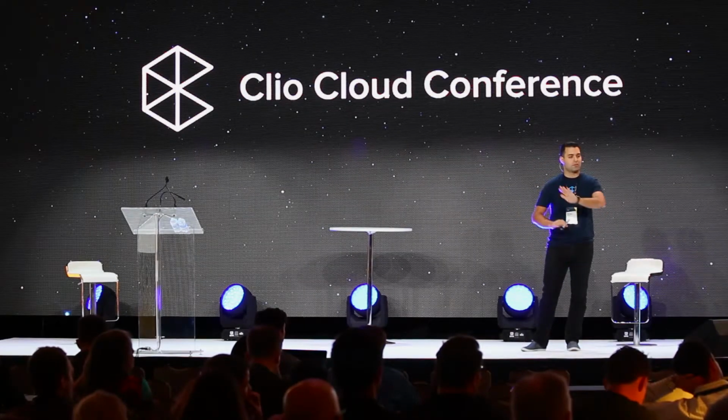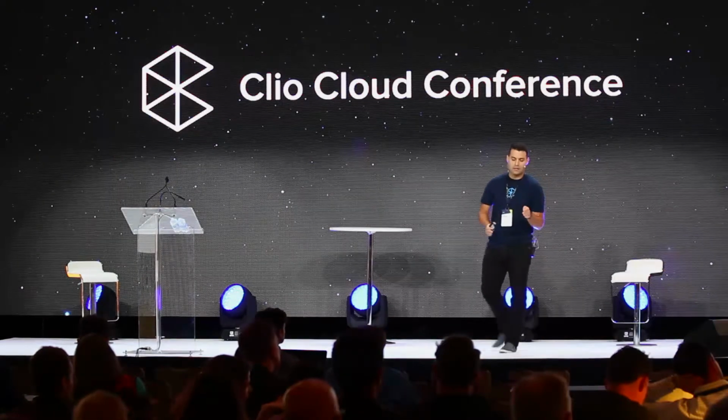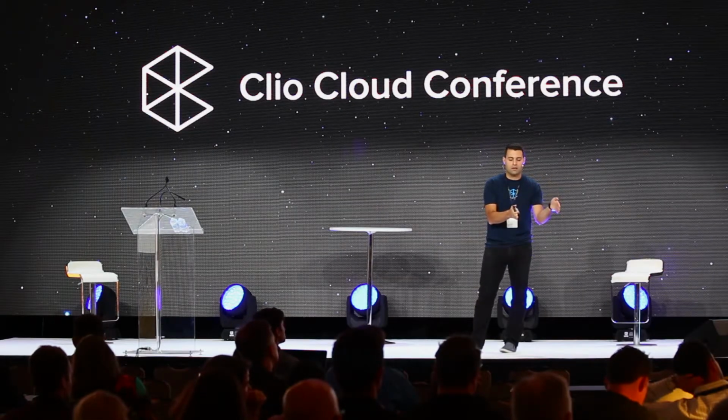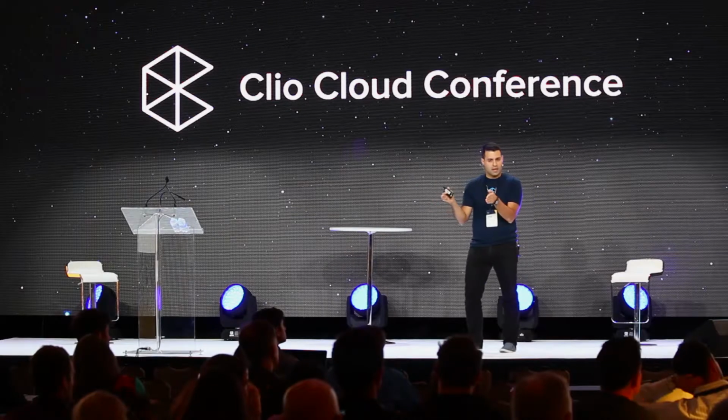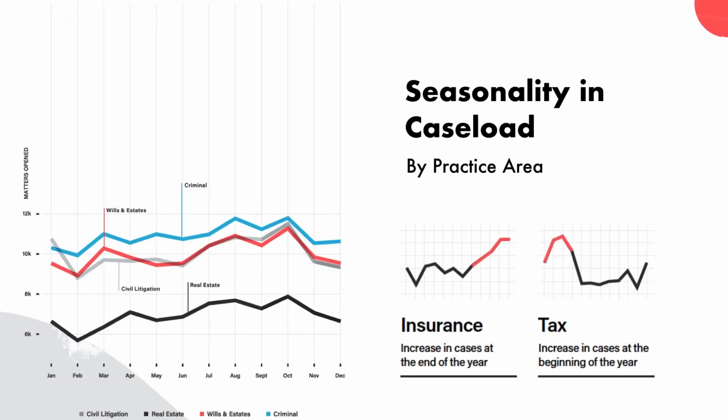For most practice areas, we see a pretty consistent seasonality trend. February is always a bit of a dip because it has fewer business days, it's a shorter month. Nothing to see there. But the first half of the year tends to be slightly quieter. After summer, things pick up, and then over the holidays, basically post-Thanksgiving, things slow down again, with two exceptions. The first we reported last year, of course, which is tax law.